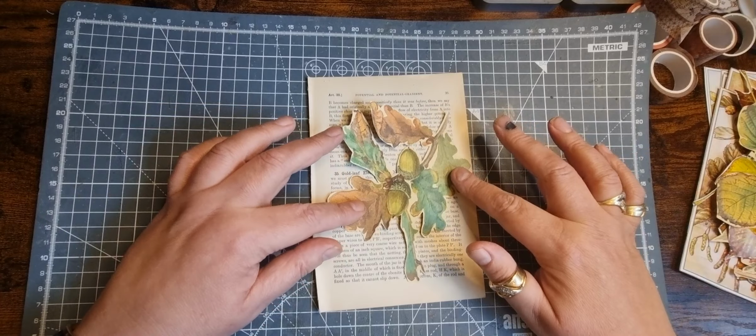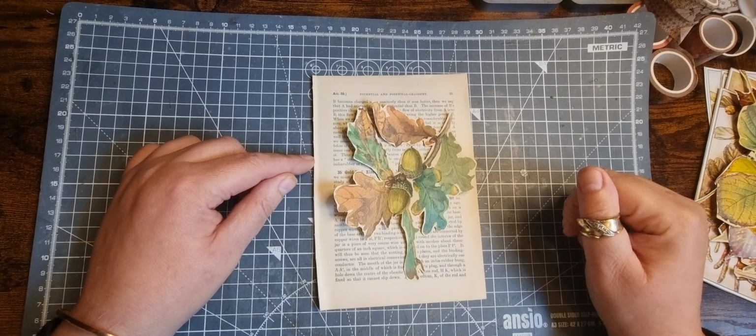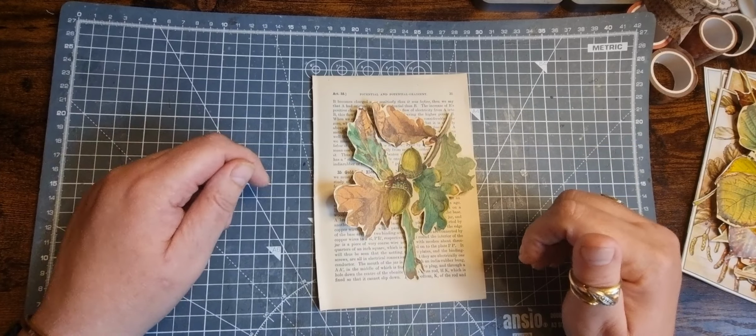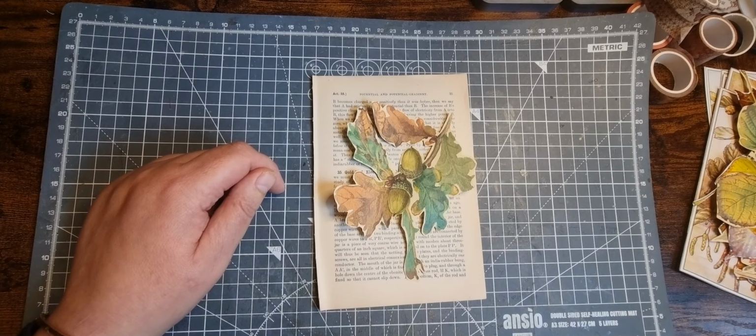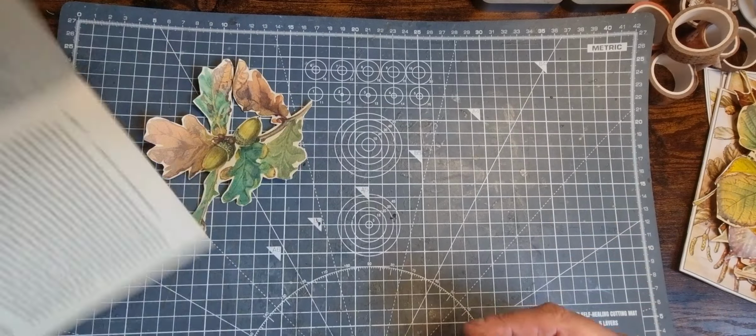I think that fits on there. Lovely. So I'm not putting anything underneath it. I'm not doing any collage or anything underneath it. I just want the nice book page and the image. How thick is this? It's not the thickest, so I'm wondering if to